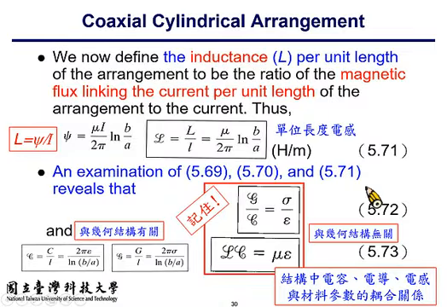So in this arrangement, we know that the per unit length capacitance, inductance, and conductance are only related to the geometry and material property. As you can see from these three equations, they are related to the ratio of outer radius over the inner radius, taking the log value of that and times the corresponding material property, such as permeability for inductance, permittivity for capacitance, and